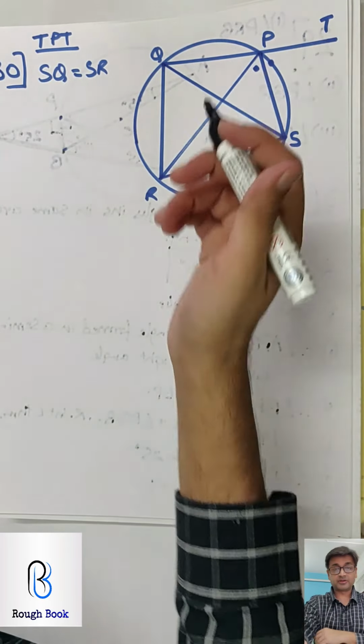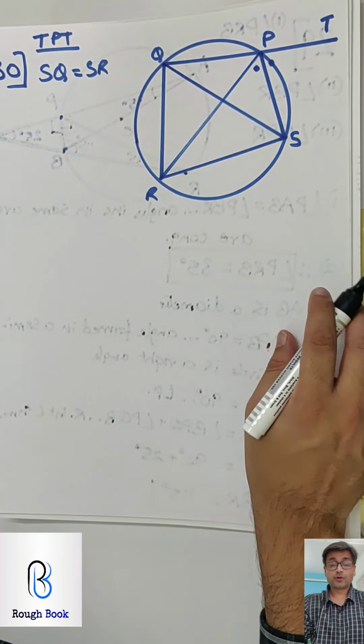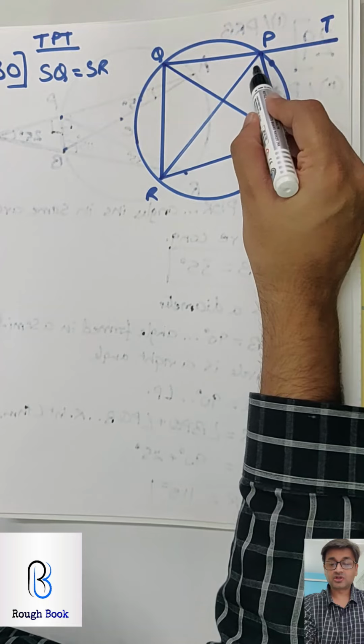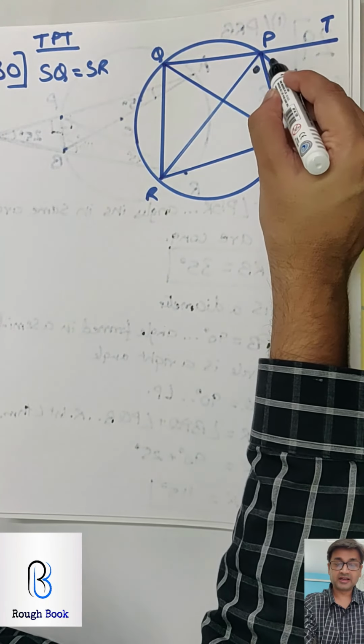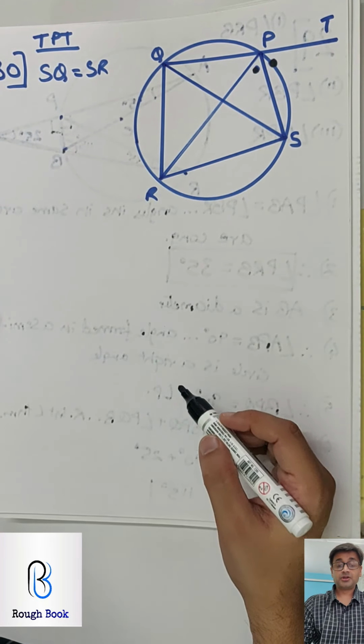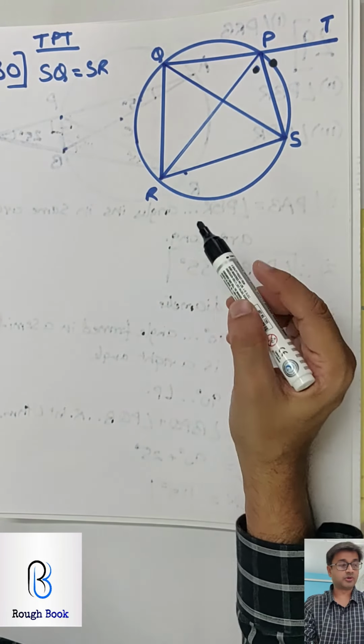30 is a very simple question, but you will have to think, okay? Two properties involved over here. They're saying these two angles are equal. That means SP is the bisector of RPT. So this angle equals this angle. Your target is to prove that SQ is equal to SR.